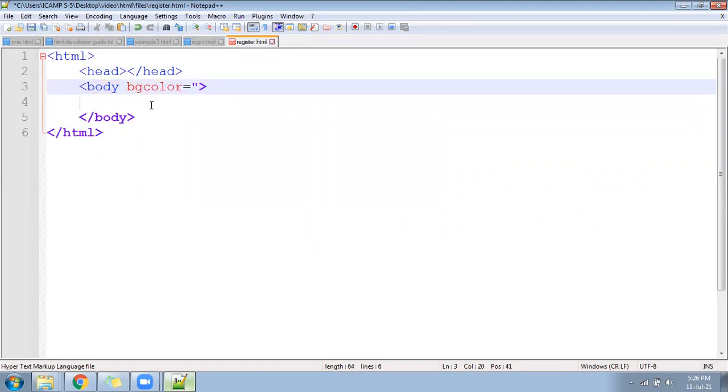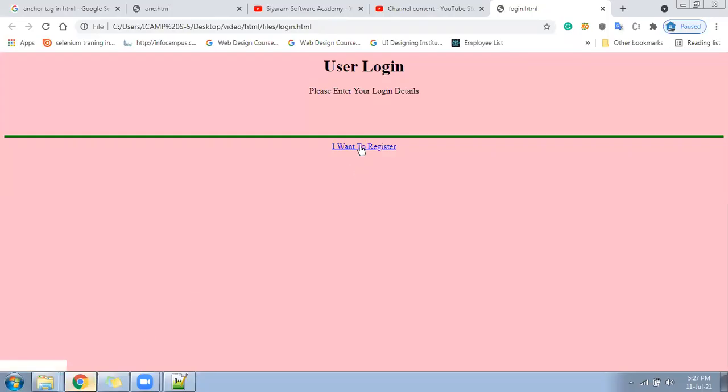This page will have bg color as some different color. Example, pink color. Not pink. Pink we have already given. Orange color. Okay. So the register page background will be orange color, and the login page background will be pink color. It will look like a cross color. We'll get to know what was happening in the register page and what is in the login page. Background will get changed completely. Let me show you the register page. I will go here, click on I want to register, orange color came.